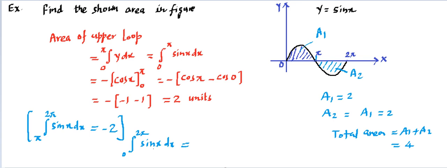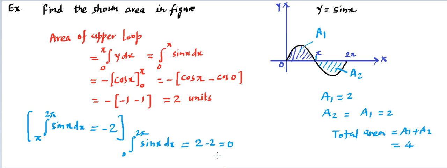Similarly, you can also check what this is going to come out as. But since we have understood that this gives us the area under the loop with the sign, and we are running from 0 to 2 pi, it will have 2 units upside and 2 units downside, and downside will be treated as a negative. So you can write 2 minus 2, that will become 0. You can check by integration, this answer will come out to be 0.